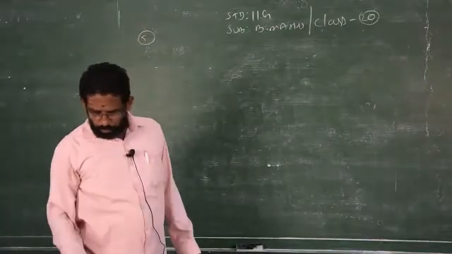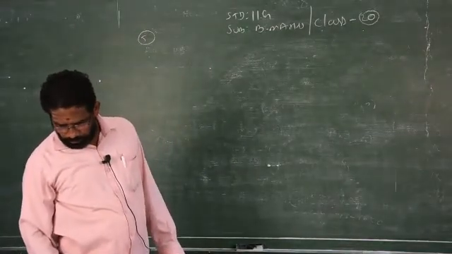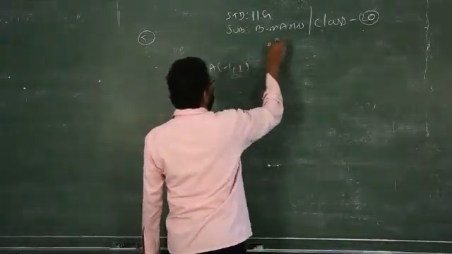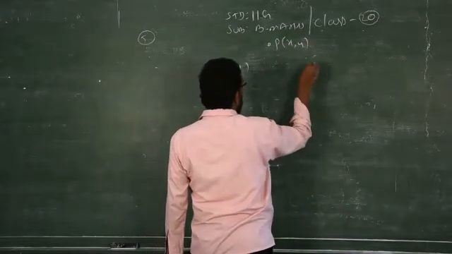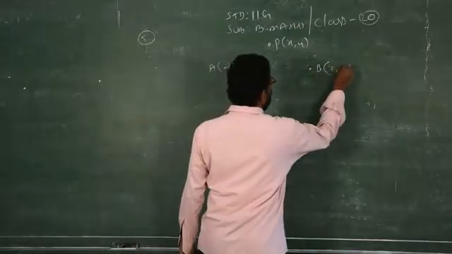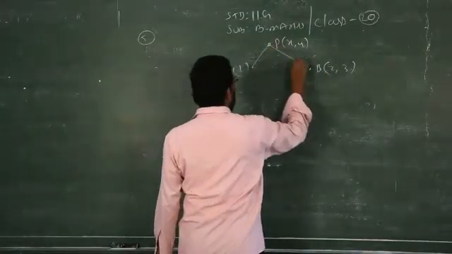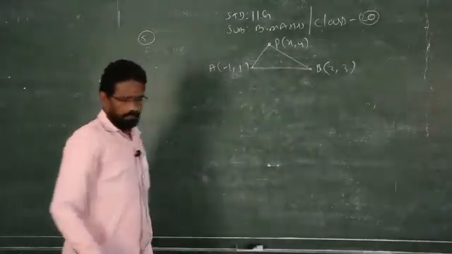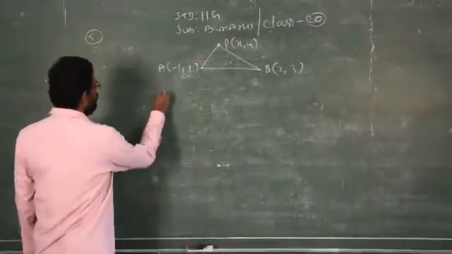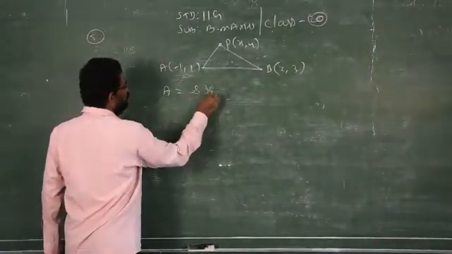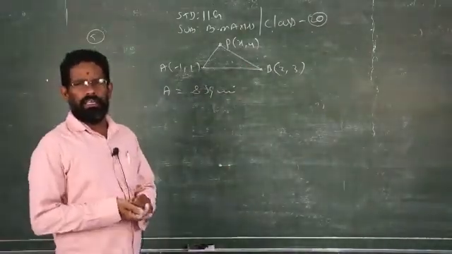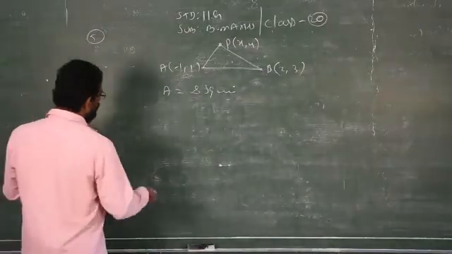If A and B are two fixed points, then find the locus of the point P. A is given as (1, 1), the moving point is (x, y), and B is given as (2, 3). The area of these three points, triangle APB, is given as 8 square units. So this represents a triangle, and you know the formula to find the area of a triangle that we studied in the lower classes, in 10th standard.